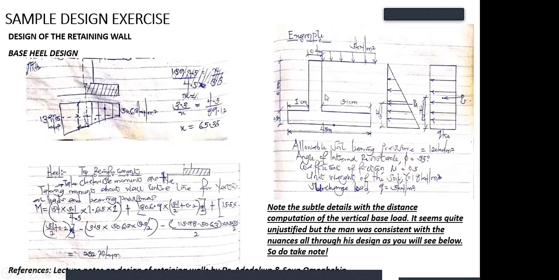So the uniformly distributed load of this one, the length of the UDL for my earth is 3.1. So if I take the half of that, then I will add the remaining 0.2. Same thing for my surcharge. But for this one, you have to understand that because the man is extending it here,